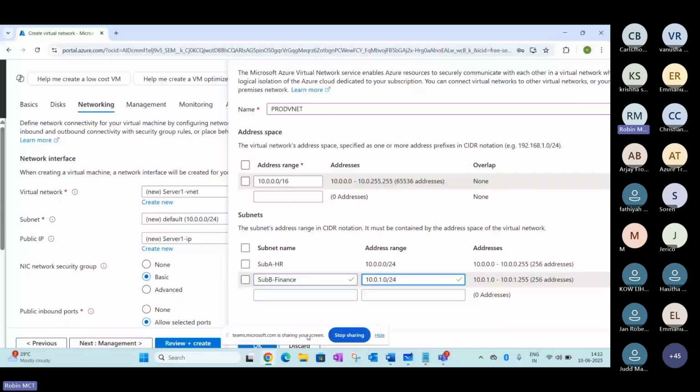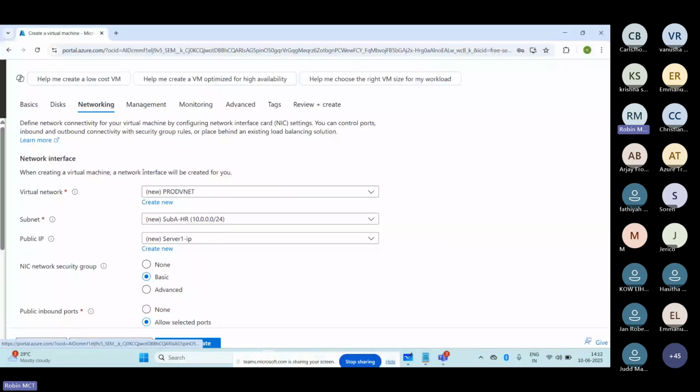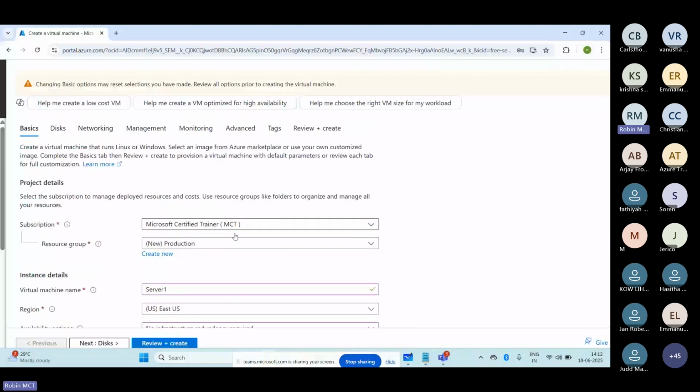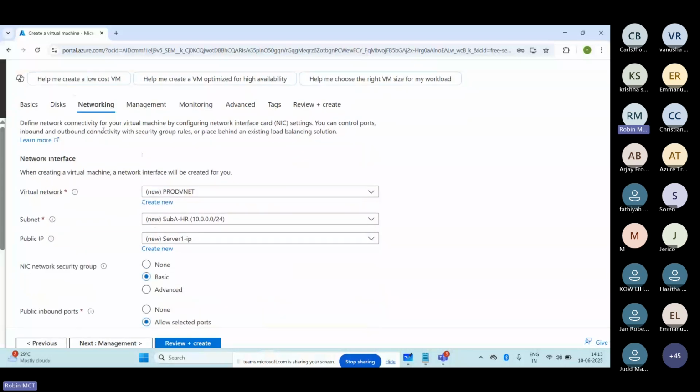Now you can see, the moment I'm trying to create the current VM, the name of the VM we have given is server one. It's going to be created in the East US location. Inside East US, it has been placed inside a production network called prod vnet. Inside prod vnet, I again have a chunk unit available called subnet here. So your computer is going to get its IP address from the subnet rather than from the prod vnet. Now you can just review and create. You can see the creation is in progress here.